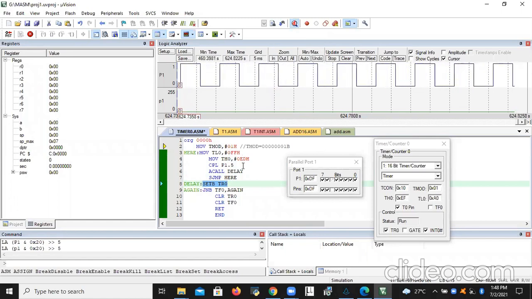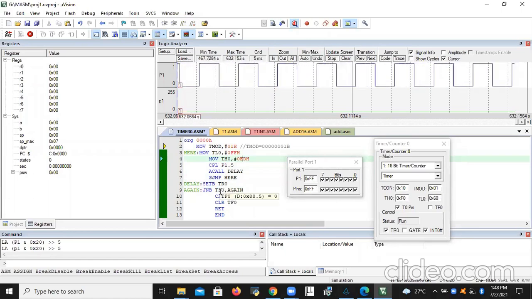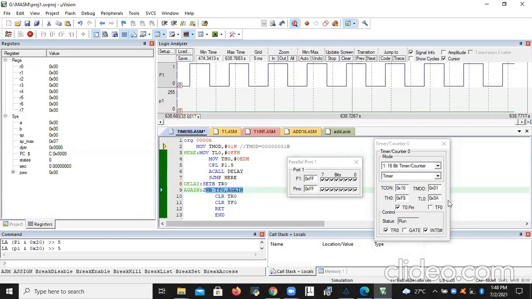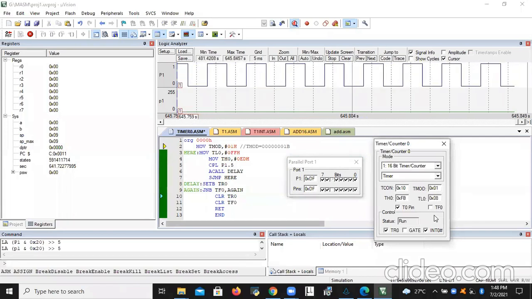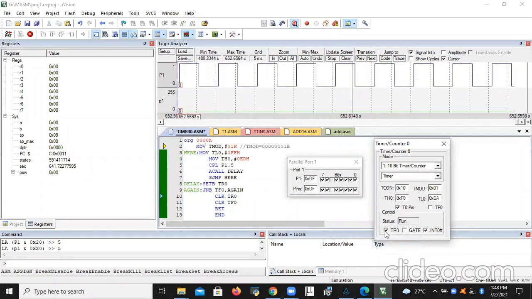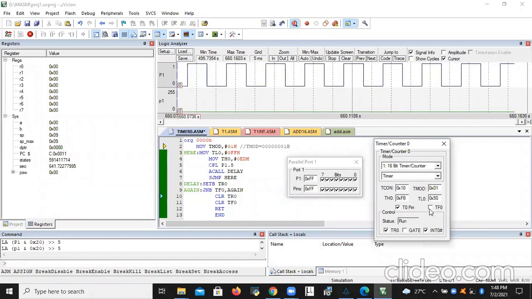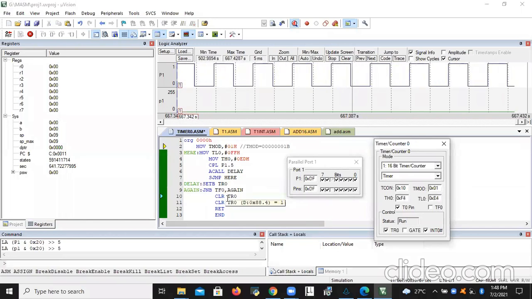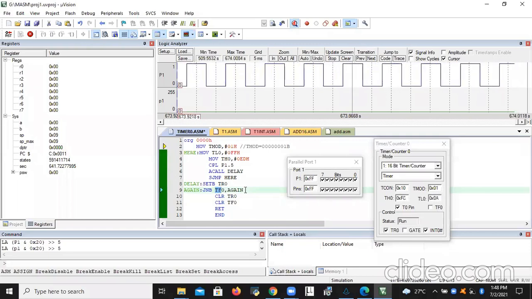So I will start the timer, and I set some value, the timer value in the form of hexadecimal. After that, whenever you start the timer, until overflow occurs, this timer continues. Here you can observe this timer overflow option. Whenever you start the timer, TR0 will be set to 1. Whenever the timer overflow occurs, then immediately it goes to the next line. Jump if no bit timer overflow, the values go on increasing.